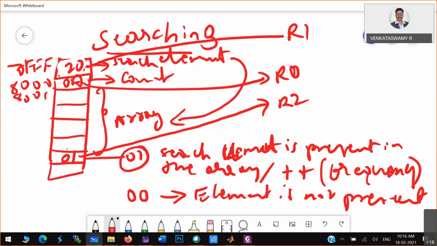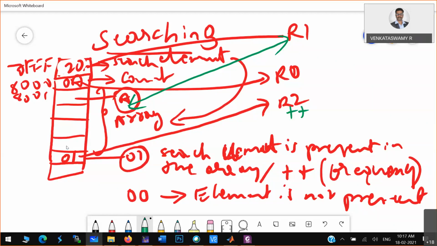All the work I'll do one by one, as we have already done. One by one I'll extract each number and compare it: I'll compare R1 and the accumulator, which holds whatever I have taken from the external memory. If any matching happens, I'll increment this particular value.